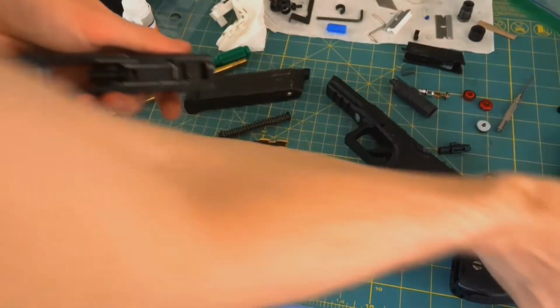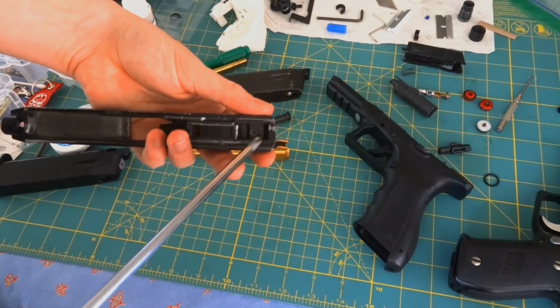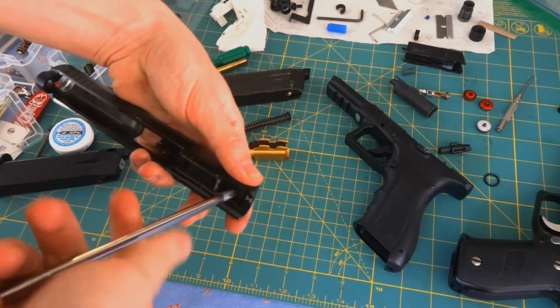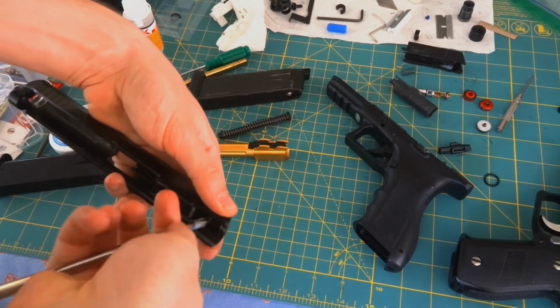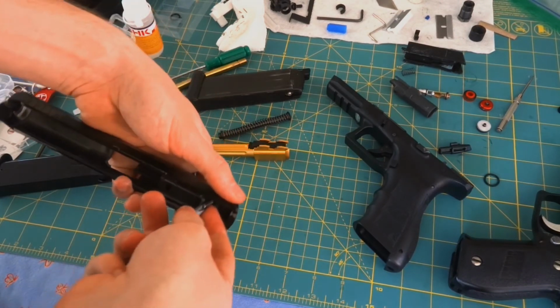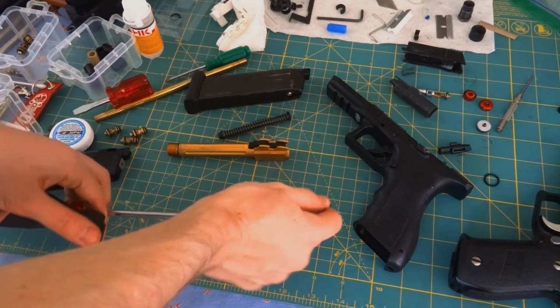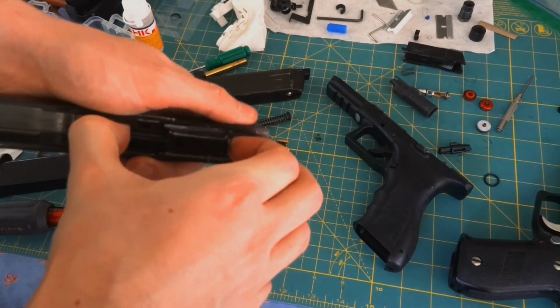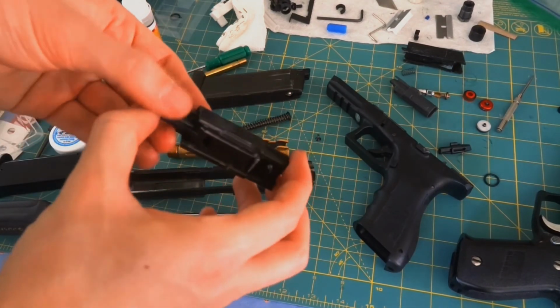So now let's talk about KWAs. The main area that KWA gas blowbacks differ from Marui style is in the air nozzle, particularly the cylinder bulb style setup. Like I was mentioning, Maruis have a bulb typically, whereas